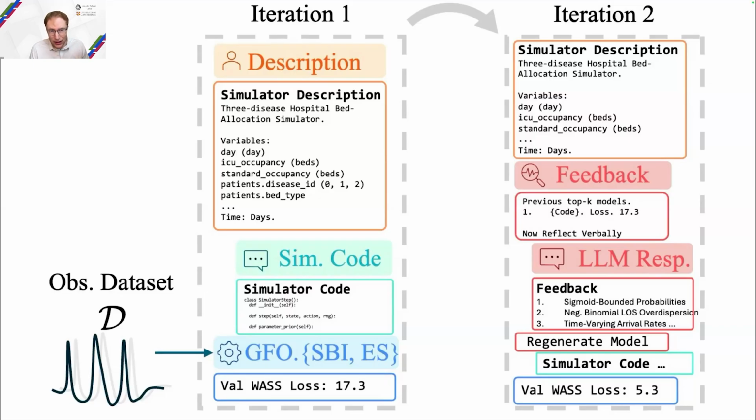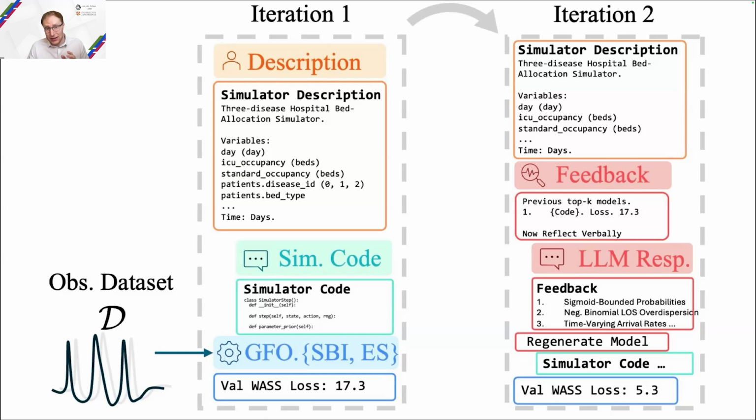In this case, we optimize with simulation-based inference, and we optimize the Wasserstein distance, which you can think of as the Earth Mover's distance between two different probability distributions. And then once we do this, we actually have an initial fitted simulator, but then we can improve this